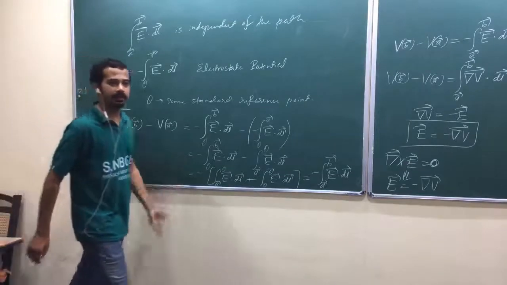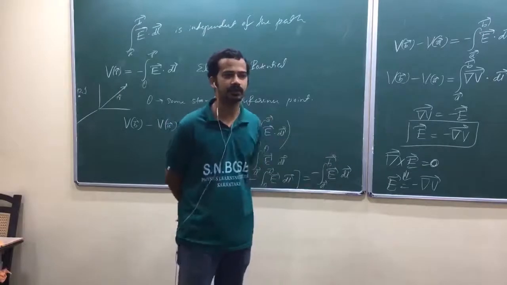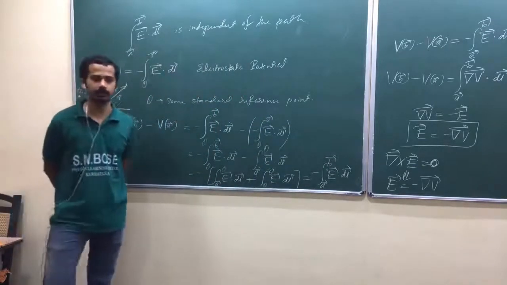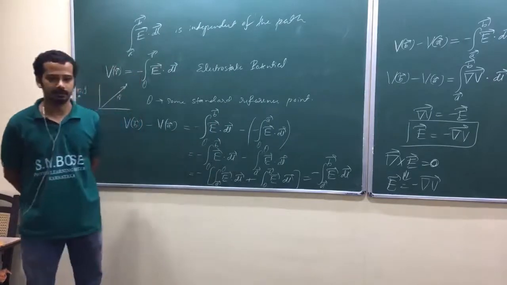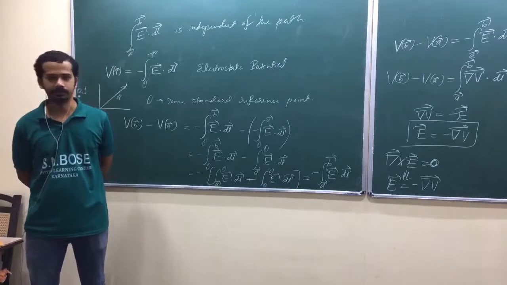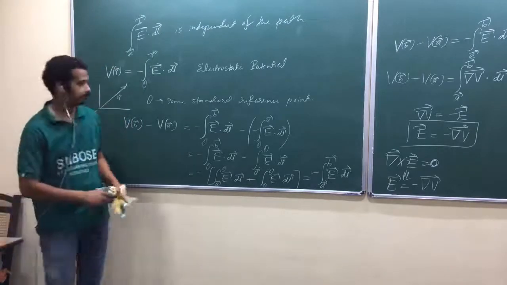So, ultimately, what we need is force. We can apply Newton's second law and you can find the trajectory of the test charge, isn't it? That's our ultimate aim, to find the force. Electric field is an intermediate step, isn't it? Now, why did we find another quantity, potential here? Speak up.